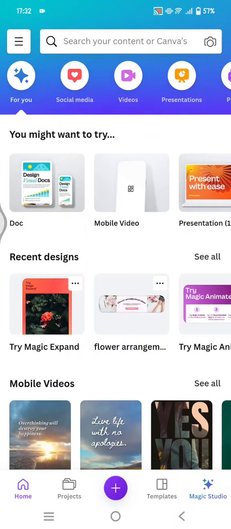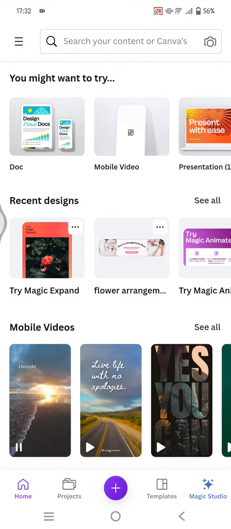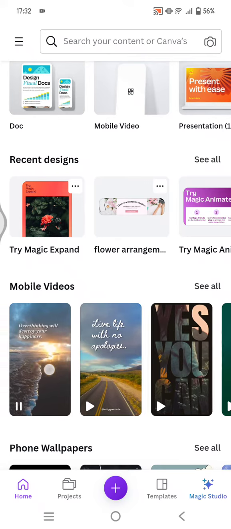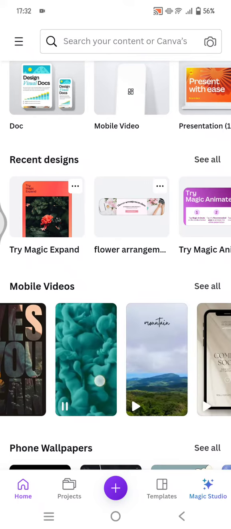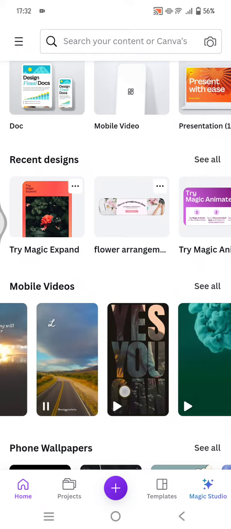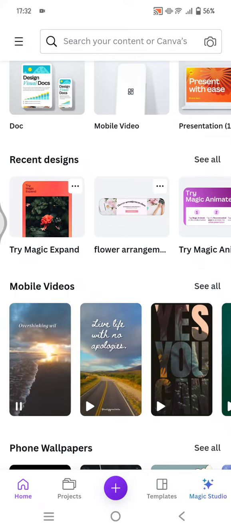On today's tutorial, I'm going to show you how you can find and download beautiful quotes videos for your social media in Canva. So in here, I've already opened Canva apps. You can easily spot the mobile videos option, and in here you can see there are lots of beautiful quotes videos that you can use. You can upload it maybe as your Instagram story or TikTok story, but if you cannot find this, you can